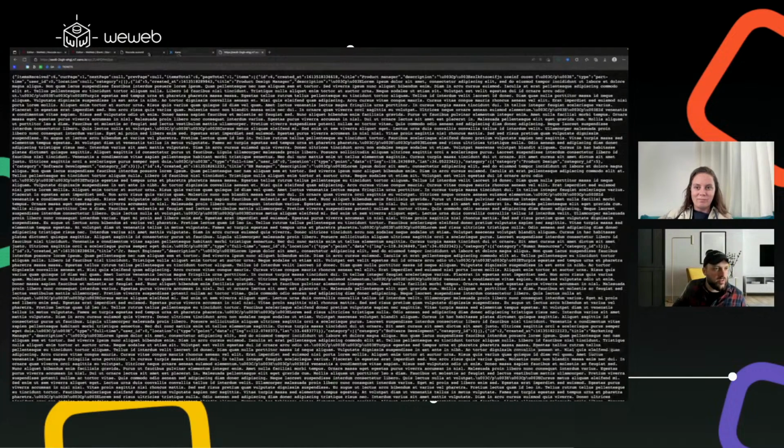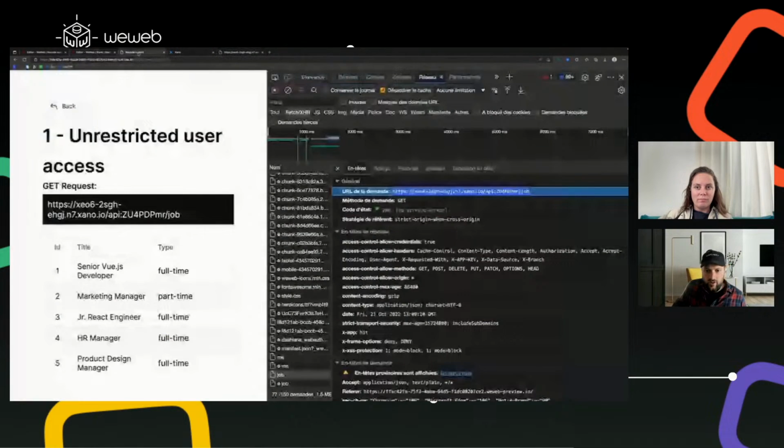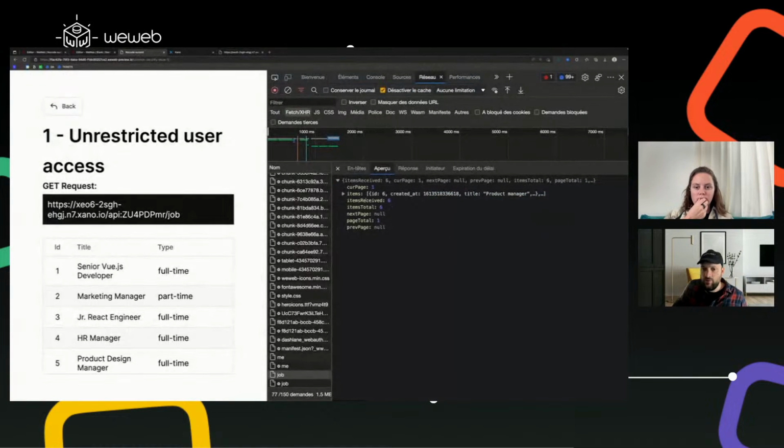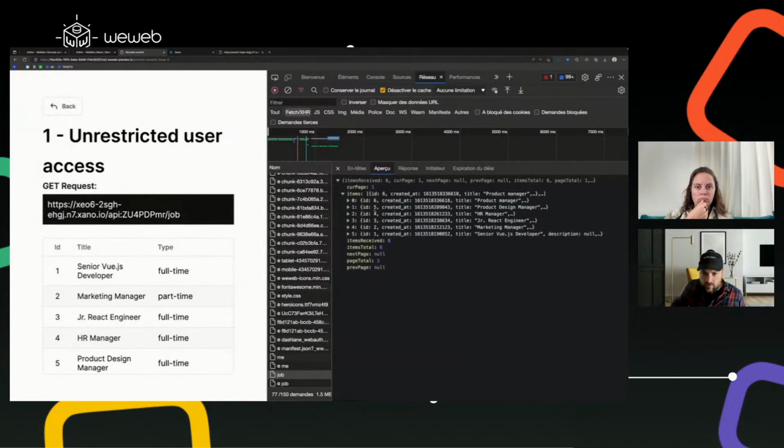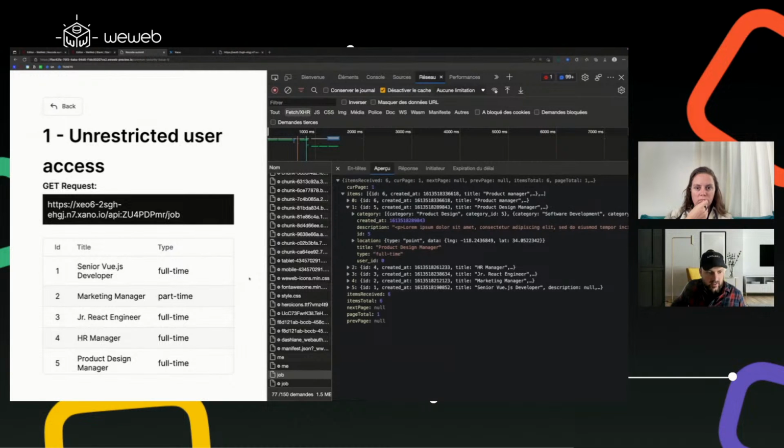On some browsers, it can be easier: you can just click on this tab and you will see the data. But basically, you could use a tool like Postman or any tool that can make requests and get the data. So I can see the data displayed here. And a thing to know with APIs is that backend developers like standard APIs. So basically, when you see a GET request with /job in here, you can be sure that